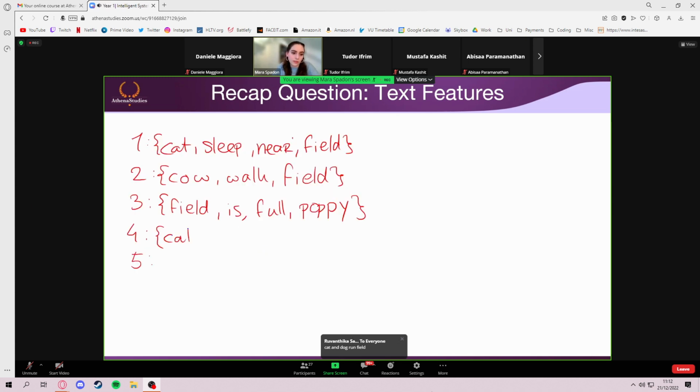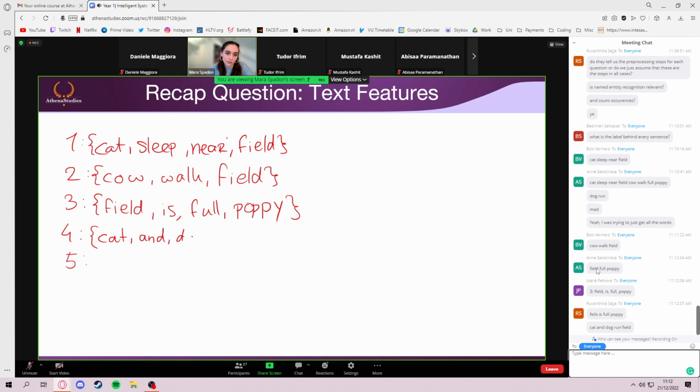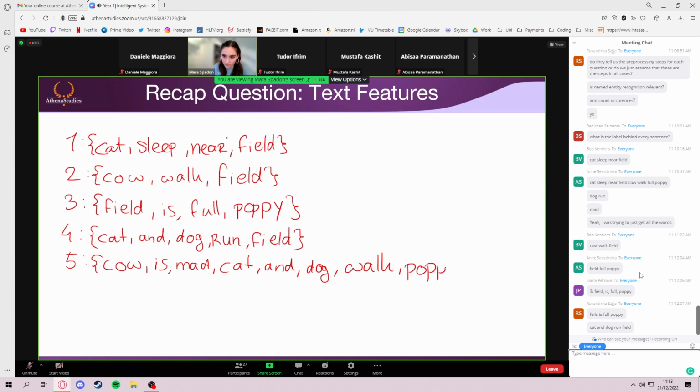Yes, we get cats and dog run field. And for the last one, which is kind of a long one, we get cow is mad, cats and dog walk puppy. Like that. So those are the sentences that we have, and I think, as was said before, indeed we want